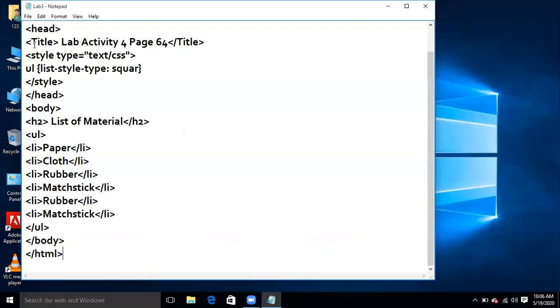Head contains the properties of the different tags that we are going to use, and body contains the content that we are going to include. So we have now changed all this material according to our requirement. Okay, so this is basically lab activity number 4.